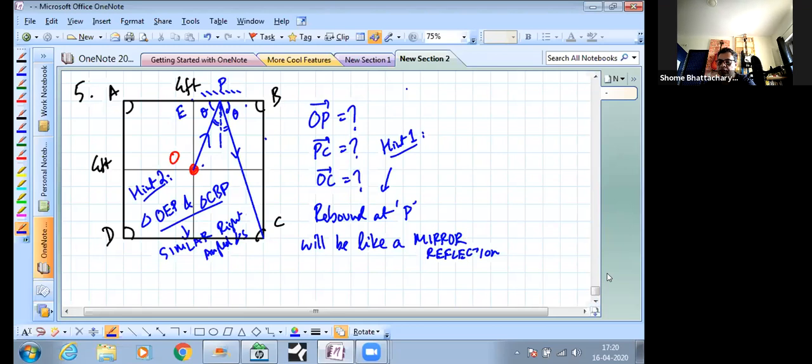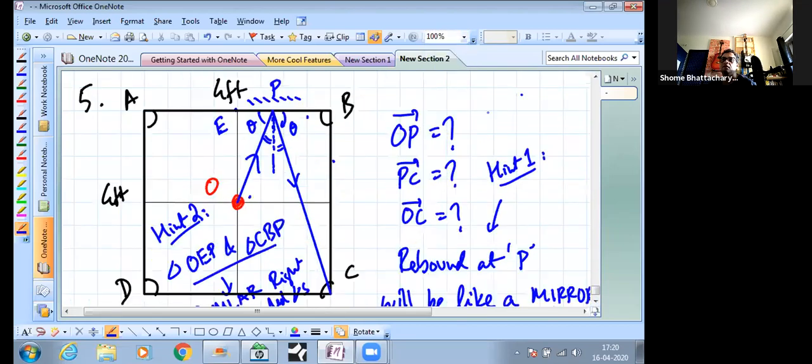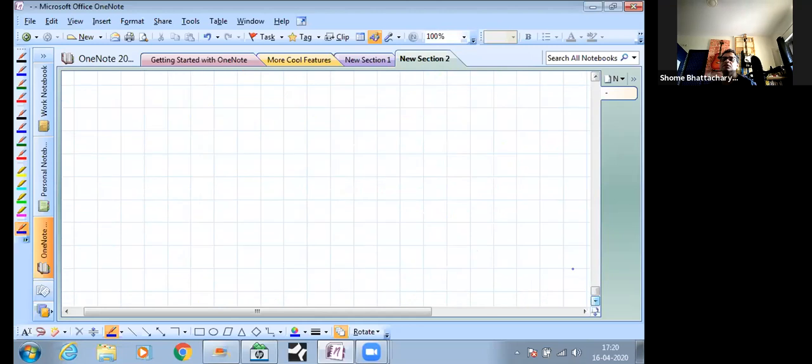It's pretty easy. Now, for the 7th question, I will help you solve a little bit, because we will see an interesting property of a triangle in the 7th question. In fact, it's very similar to a question we had solved in the last lecture. In the 7th question, first of all, they're giving you a diagram where, with respect to the XY axis, I have some kind of displacements given to me.